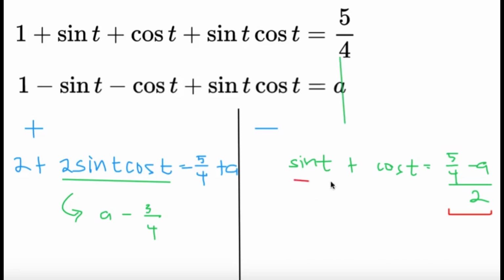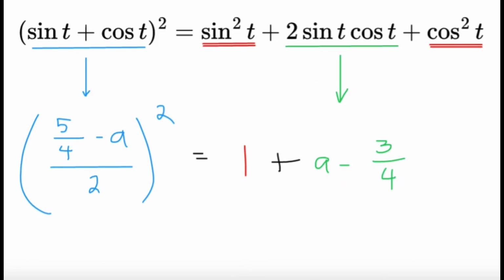And now we have an expression for sine t cosine t and 2 sine t cosine t in terms of a. And here is where the nice Pythagorean identity will come into play, because I am going to square sine t plus cosine t, and I would be able to have sine t cosine t in relation. It shows up in a lot of the trigonometry manipulation questions. So hopefully you guys would memorize this one, because it is pretty common, because we have the sine squared t and the cosine squared t in red. That becomes the 1 over here, and now we can directly substitute the sine t cosine t, which is going to be this